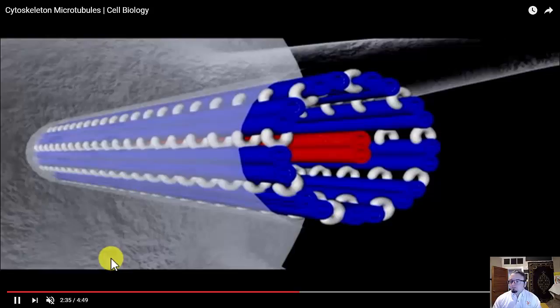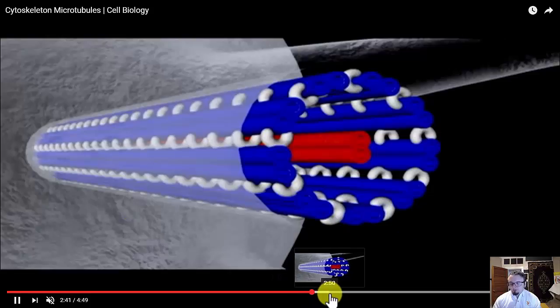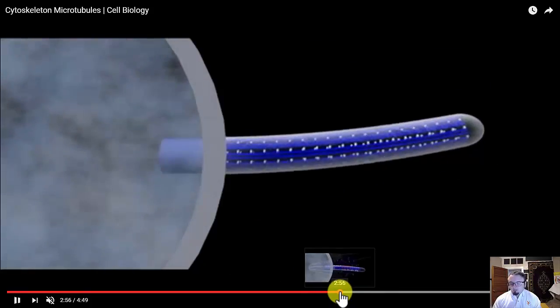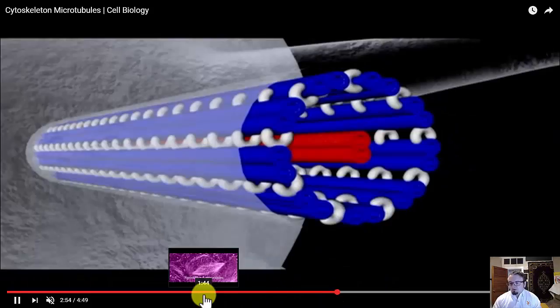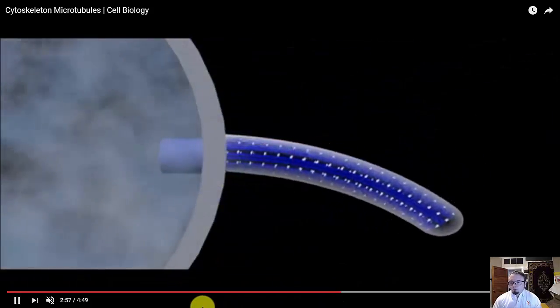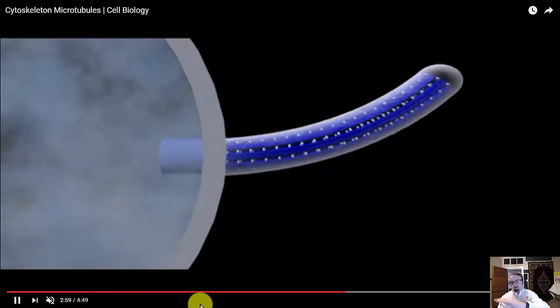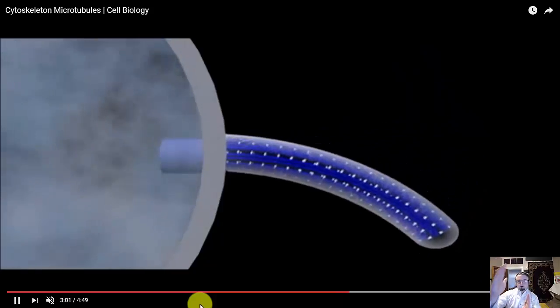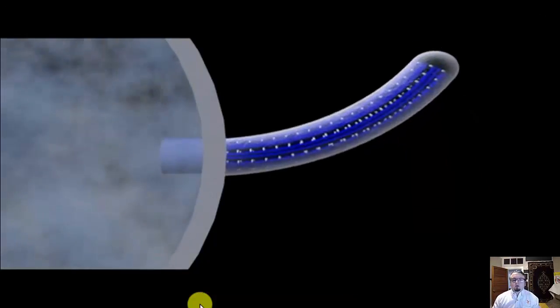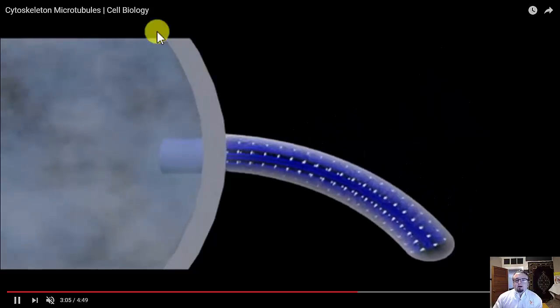Got it on mute. And it's going to start moving here in a second. Here we go. So here you can see as it starts to bend and move. So in this case, the flagella are bending down and then they're bending up, and that's all based on the motor proteins that are sliding past each other.